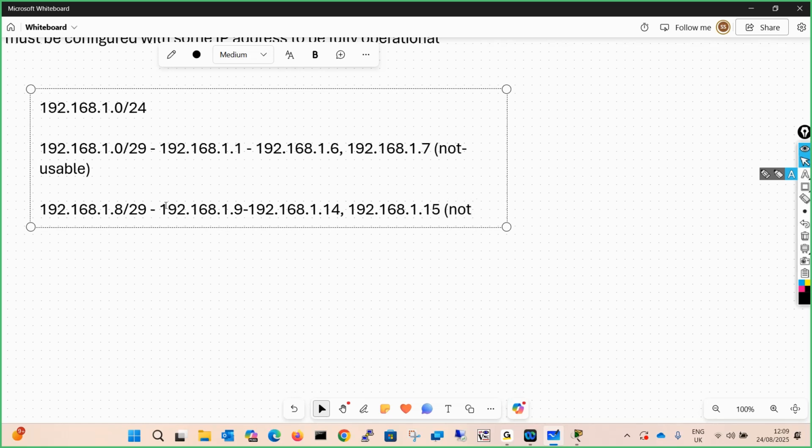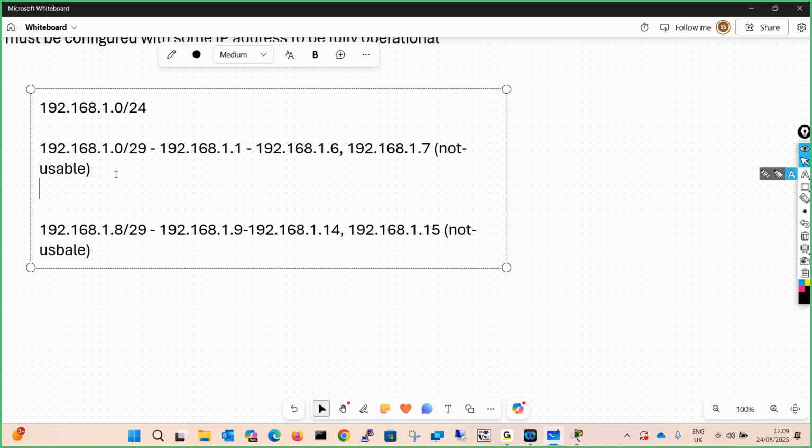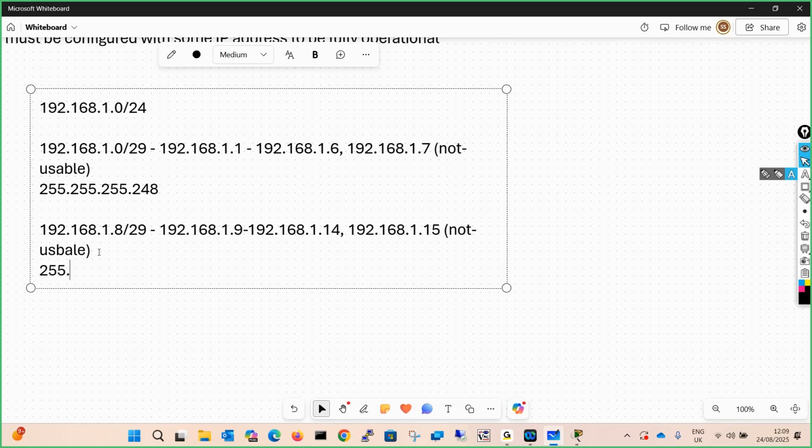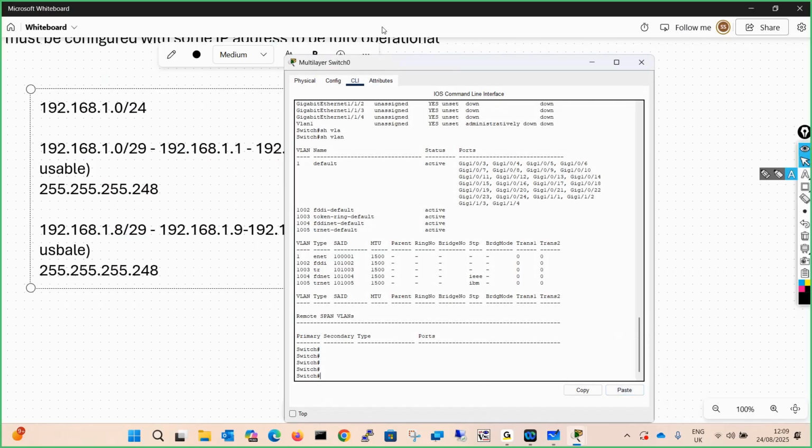Again, it is not usable. I will be configuring 192.168.1.1 and 192.168.1.9. Everyone knows the subnet will be 255.255.255.248 here also. Let's configure and see.